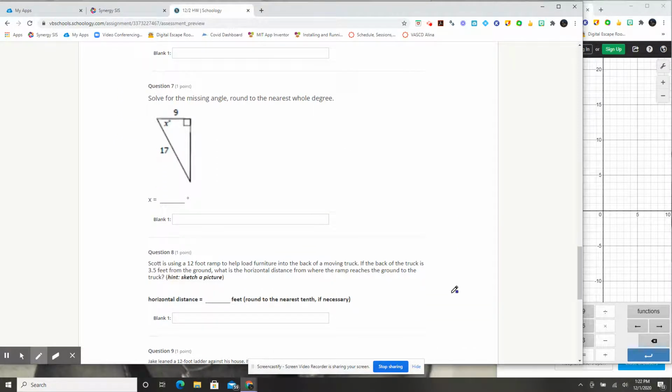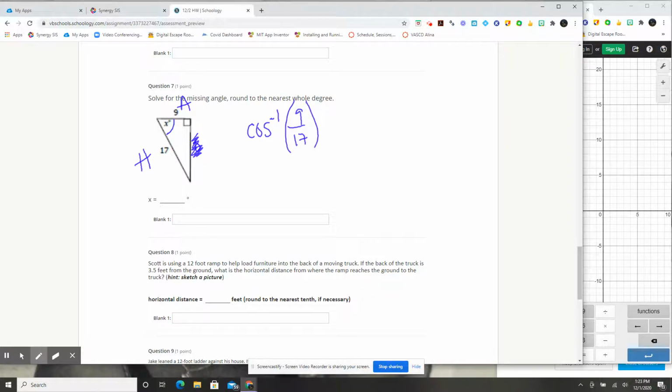Solve for the missing angle, round to the nearest whole degree. It's getting kind of tiresome. So I've got the O, I've got the H, and I've got the A. I don't have anything on the O, so I can't do sine, and I can't use tangent. Got to use cosine. Cosine of my angle, I'm looking for my angle, so I do the -1, and then